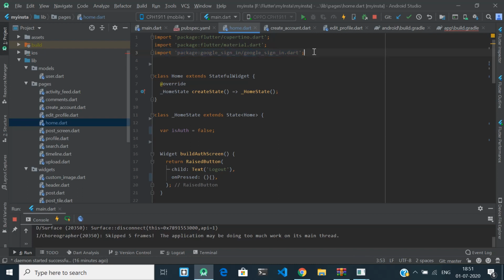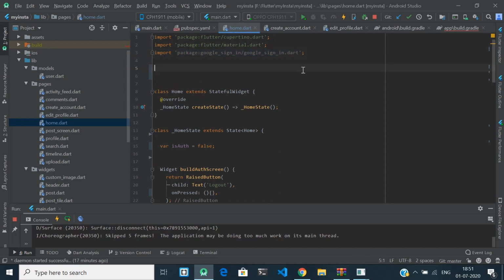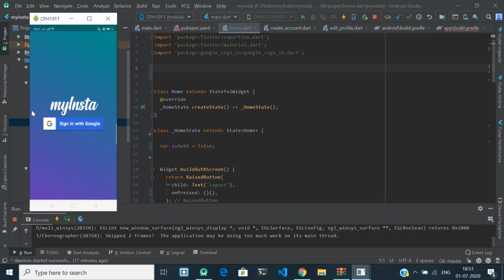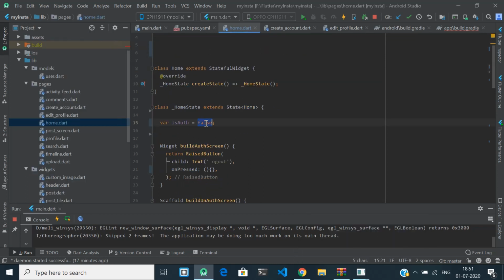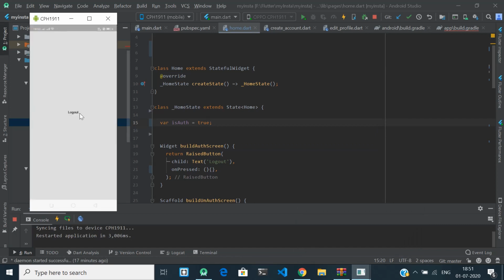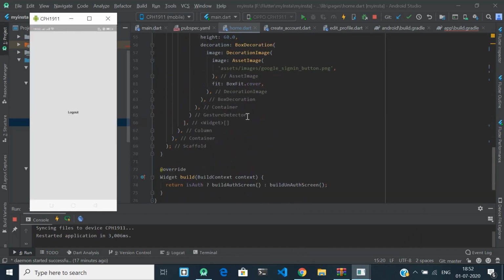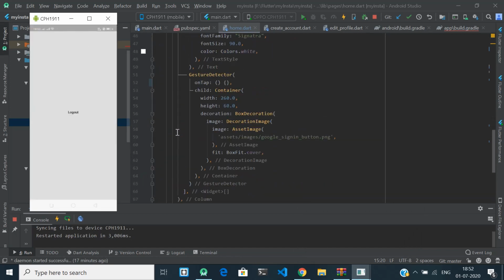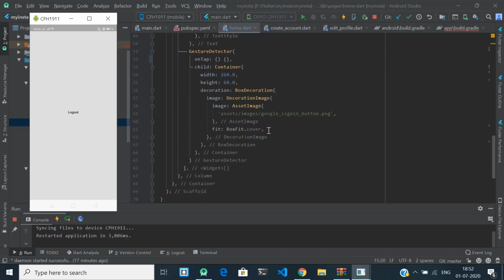Okay, so till now if you see the screen, it's like this, right? So suppose I give true, then let's see what will happen. It will be like this. So what is happening is, whenever I am calling this home, this whole file is running, right?